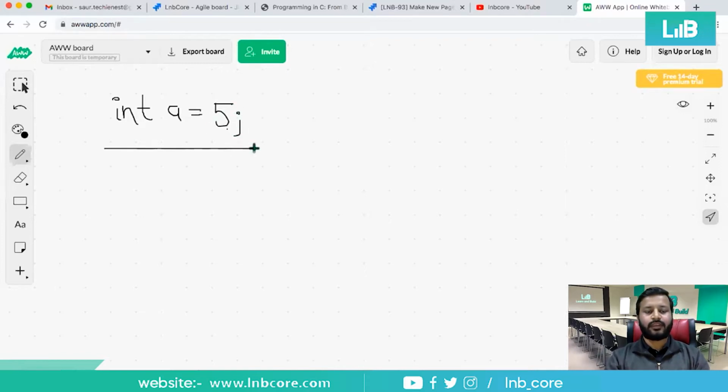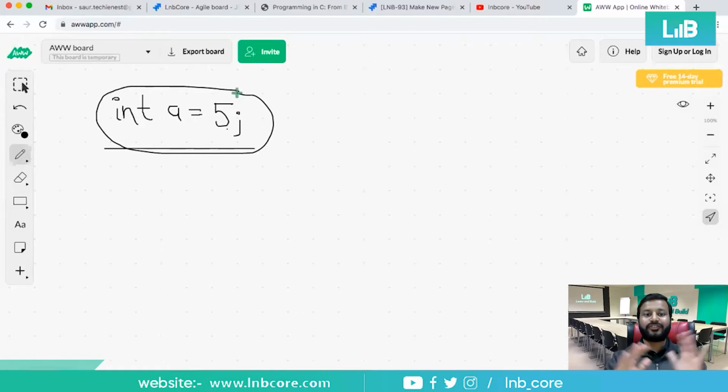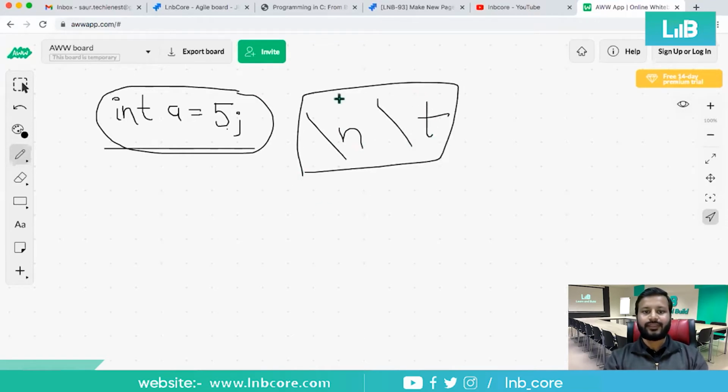Now we want to declare some constant values which we do not want to be changed throughout the program. Suppose we were using backslash n, backslash t, right? These are called character constants. We can have them as character constants, right?